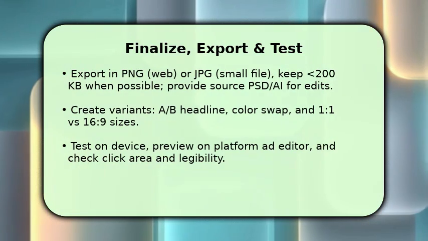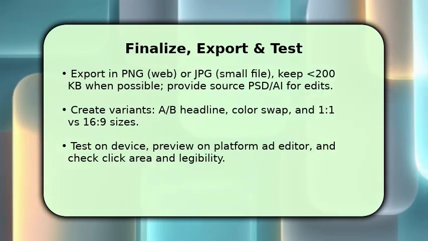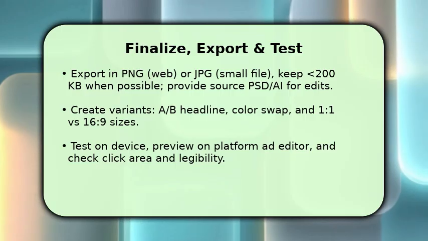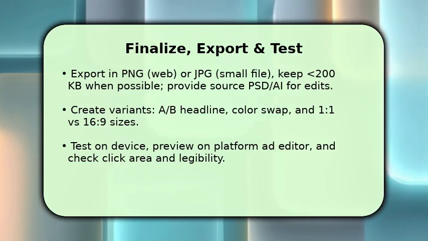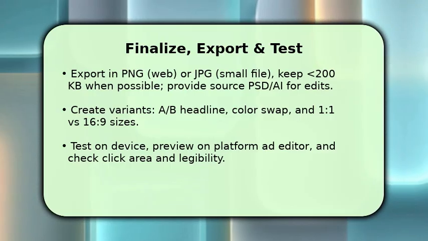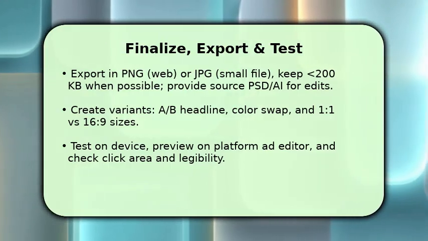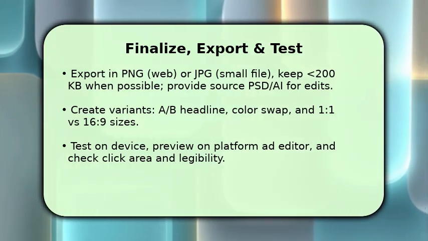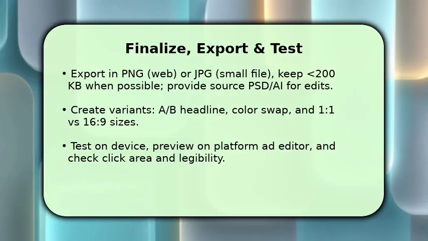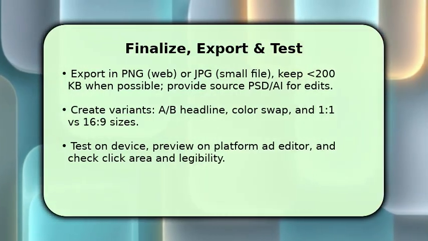You finish by exporting optimized files and creating ready-to-run variants. Save a layered source file for edits, then export PNG or JPG with compression to meet platform limits while preserving clarity. Once done, build at least 2 variants, different headline or color, and upload both to the ad manager for